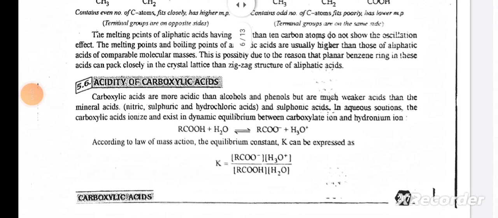Acidity of carboxylic acids. Carboxylic acids are more acidic than alcohols and phenols but are much weaker acids than the mineral acids, nitric, sulfuric and hydrochloric acids, and sulfonic acids. In aqueous solutions, the carboxylic acids ionize and exist in dynamic equilibrium between the carboxylate ion and hydronium ion. According to the law of mass action, the equilibrium constant K can be expressed as